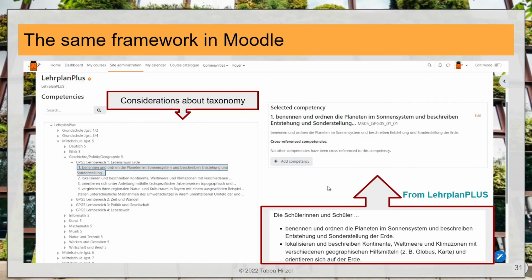Because here, if you see, under the Lehrplan Plus we can have a category Grundschule, inside the category the Jahrgangsstufe, which is the age level, and then we could have a category Mittelschule, and under this subgroups or subcategories of the different age levels, and then the different disciplines, and then the questions and so on. I split it. I directly have the age level, and for this reason I have like 20 subgroups directly under the Lehrplan Plus, and not only 9 or so.